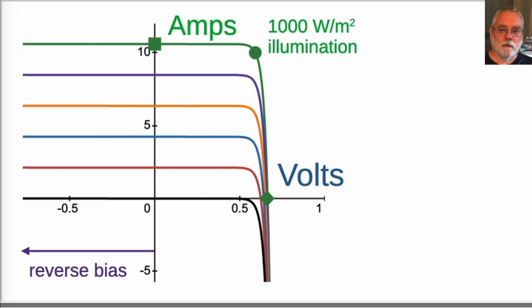Power delivered by the solar cell to a connected load is current times voltage. Current, voltage, and delivered power are positive in the upper right quadrant. In the upper left quadrant, current is positive, voltage is negative, and the power delivered by the solar cell to